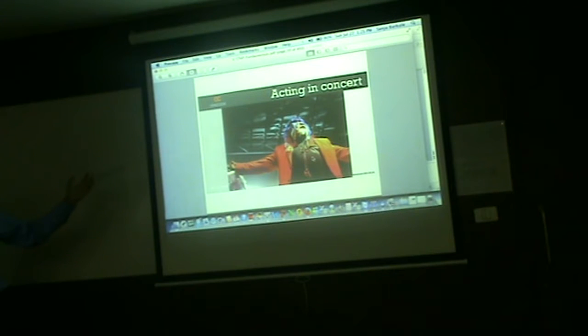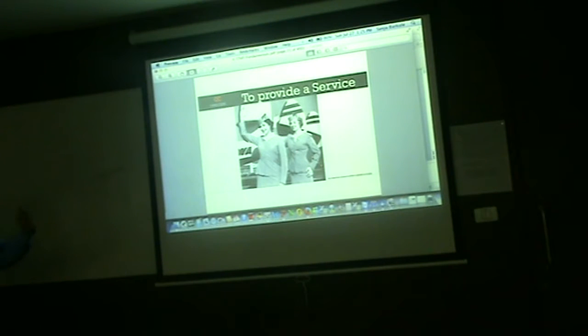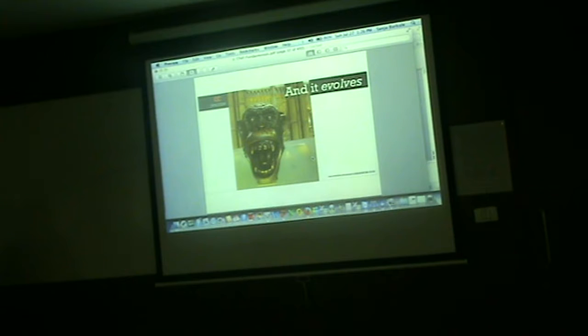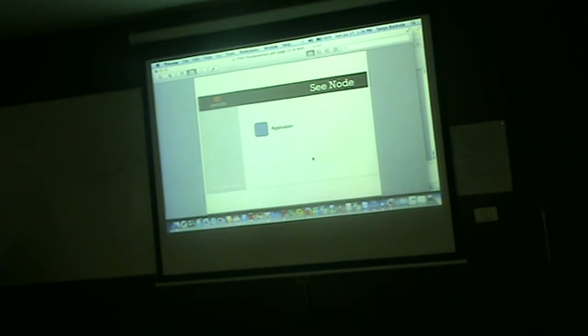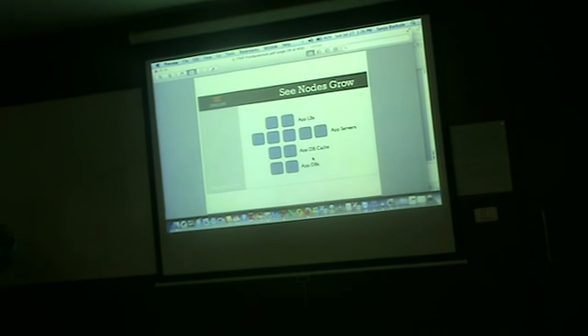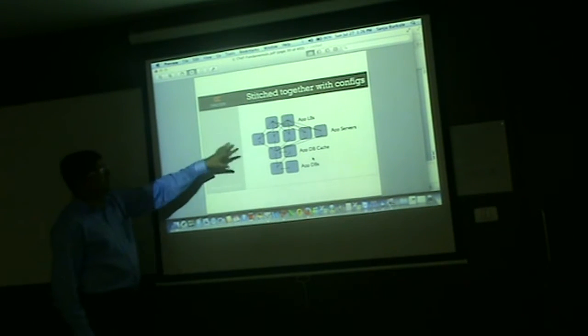So these resources have to act in concert together. You have to orchestrate all of these to really provide some valuable service to the business. And the infrastructure keeps on evolving as the business keeps on expanding or shrinking. So you start with a node, then you put a database below that. Now once the application grows, the data grows, you put 2 databases, you have 2 app servers, then the infrastructure goes on increasing. Now you need a load balancer, a cache in between, and all these are configured together